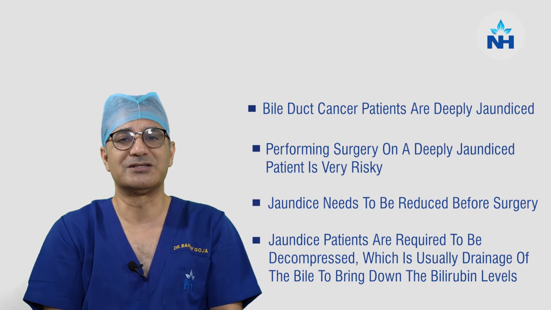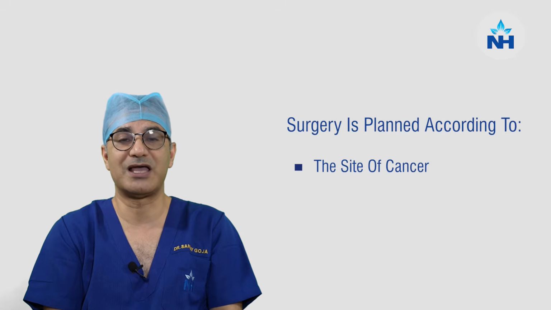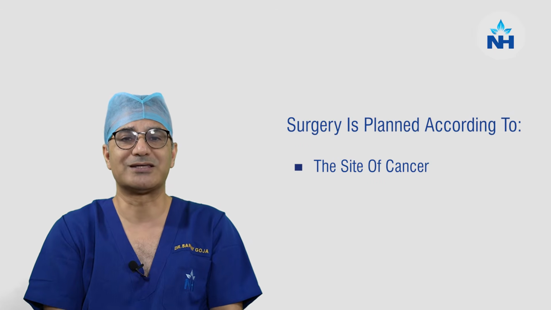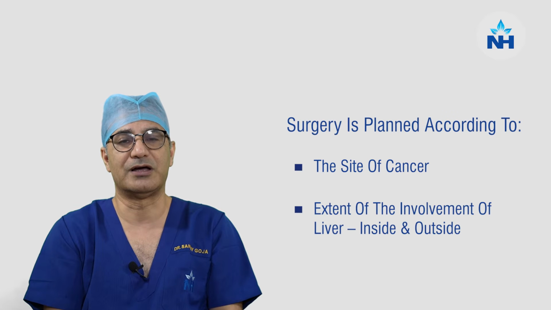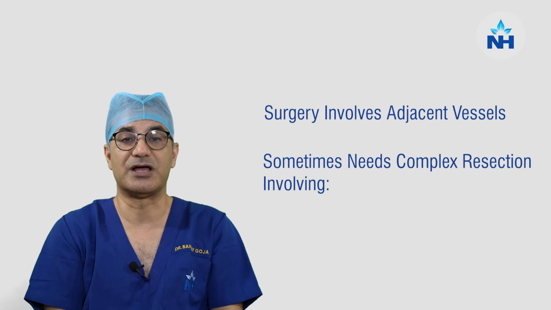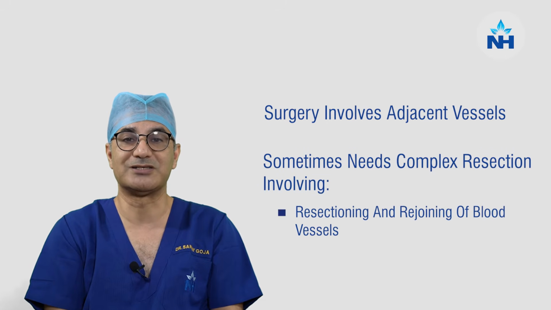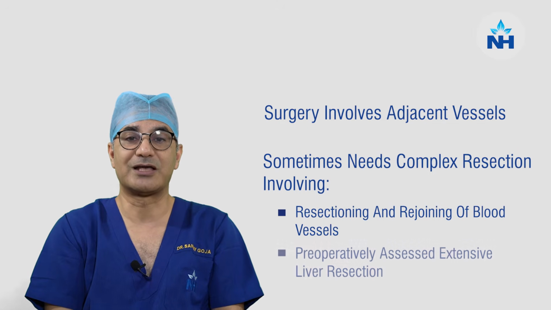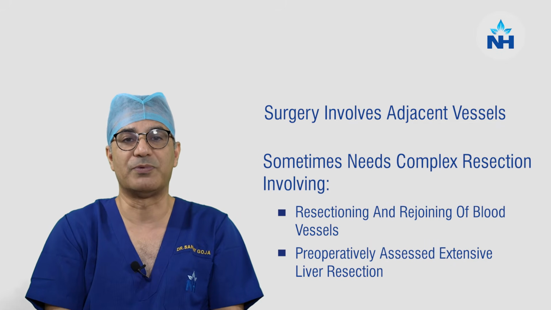Then we have to plan surgery according to the place of the bile duct cancer and its extent of involvement in the liver and outside the liver. Usually they are complex, they involve adjacent vessels, and sometimes it needs a complex resection involving resection of the blood vessels and rejoining of them, and extensive liver resections. That way we always have to assess pre-operatively